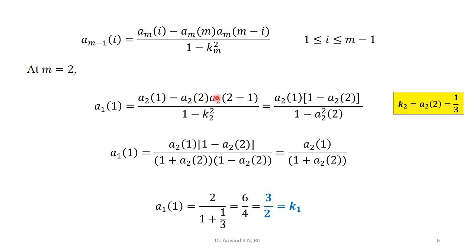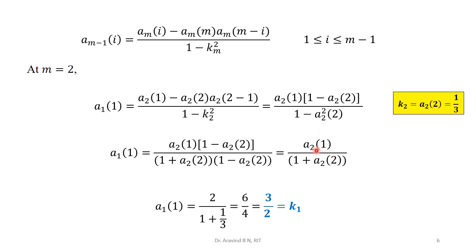Similarly, we are going to make the substitutions over here with respect to this formula, and then all are known representations. A little simplification has been done, represented over here. Further simplification is being done. Then we are going to get 1 minus a2 of 2 and 1 minus a2 of 2. These two once divides, the remaining thing is being written over here. See, there is nothing like you need to make a simplification up to this level and then substitute. You can have complete substitution here itself and solve it directly. So I've taken a little bit simplified version.